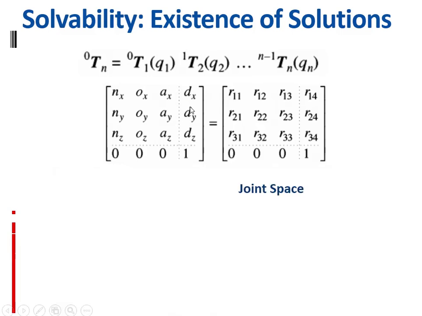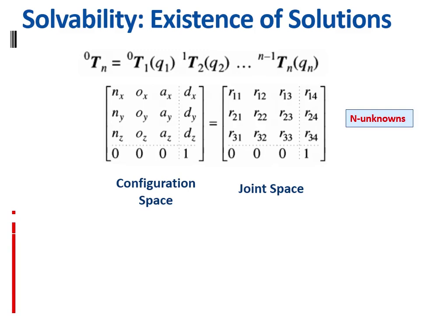So this is called the joint space, which we have already done in the last class. That means we have a joint space, because there we have link parameters and joint parameters, and as a whole it is called the joint space. And this is called the configuration space, where the origin of the end effector will be located, that is defined by the configuration space. So in the joint space we have n unknowns.